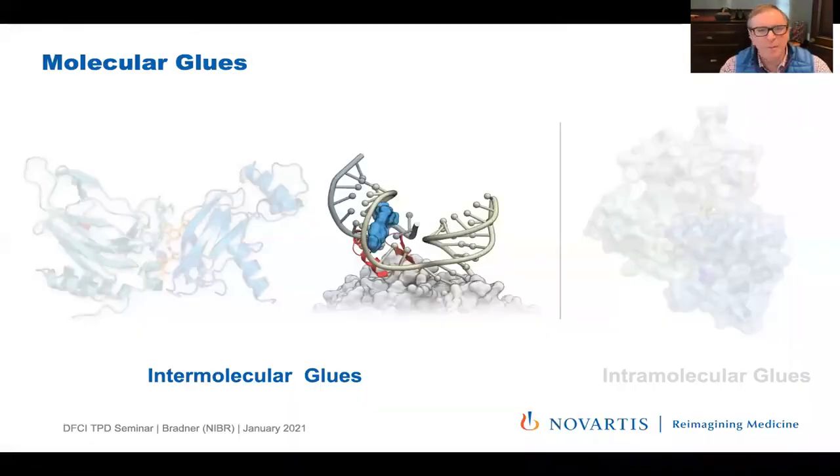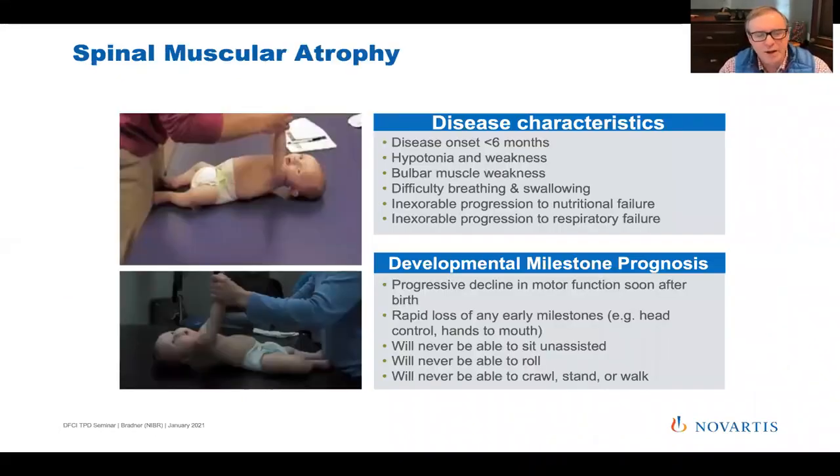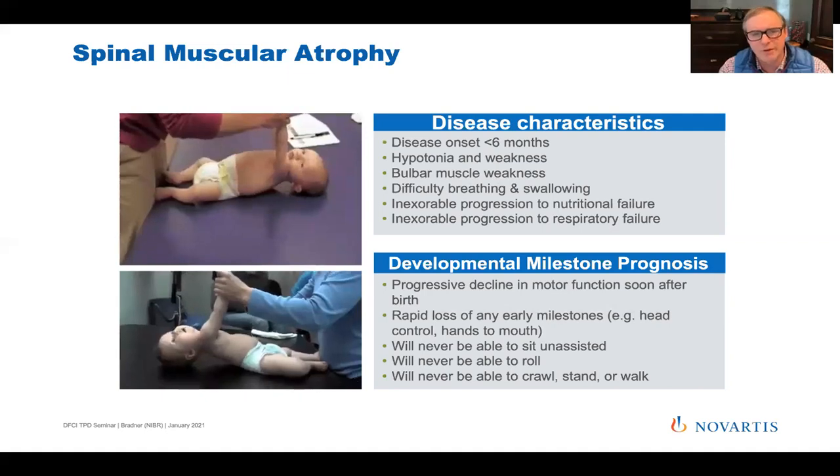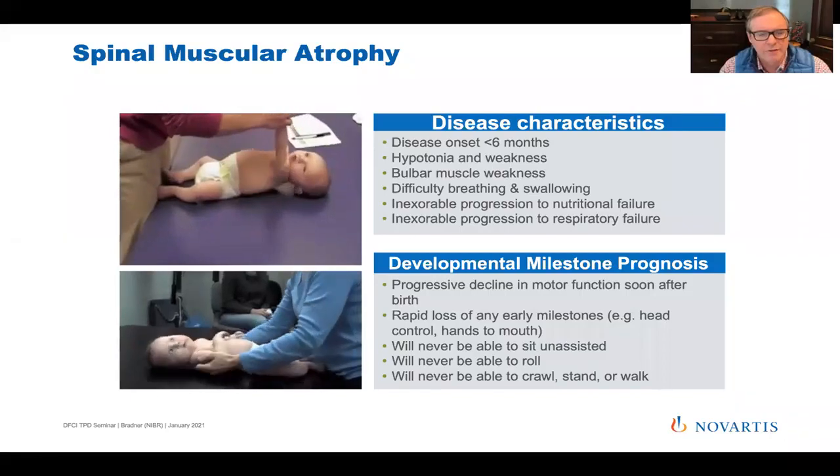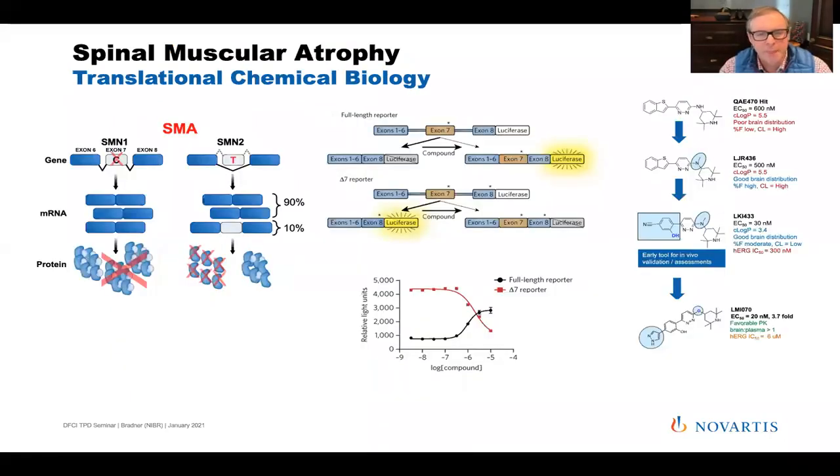In closing, I want to give you a couple of snapshots. Intermolecular glues go well beyond protein degradation. For spinal muscular atrophy, just a horrific neurodegenerative disease that is lethal in children with SMA type 1, for which at the time there was no available therapy. Scientists at NIBR considered that there could be small molecules that would lead to exon 7 retention in SMN2, unaltered in spinal muscular atrophy, that would compensate with more productive protein expression from an exon 7 retained mRNA, compensating for